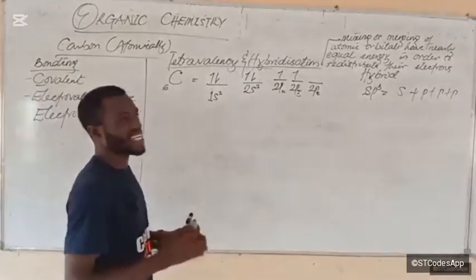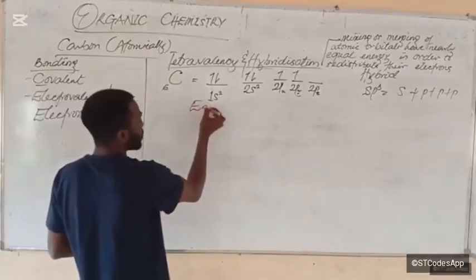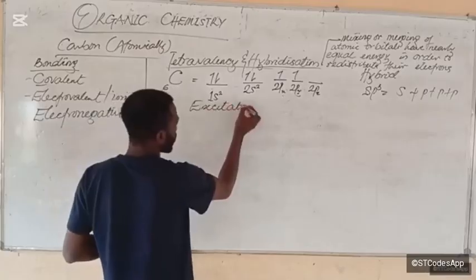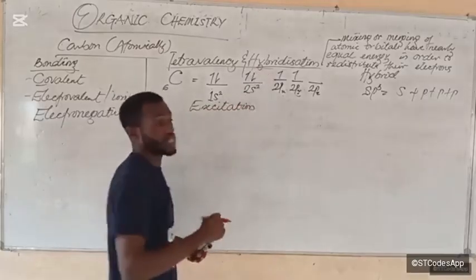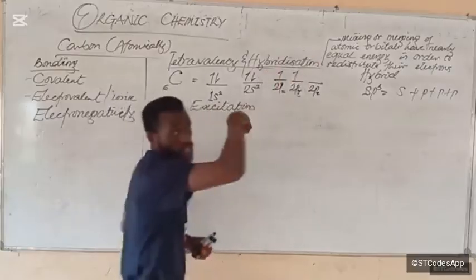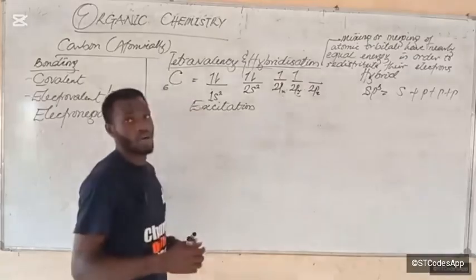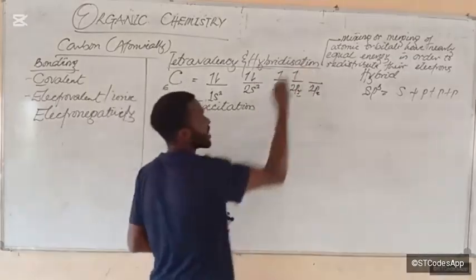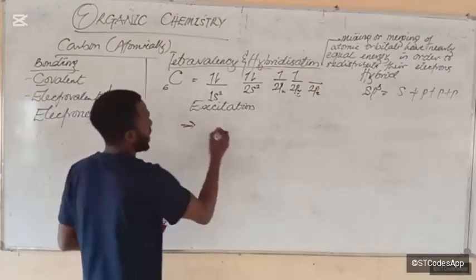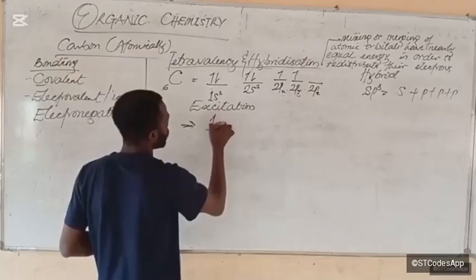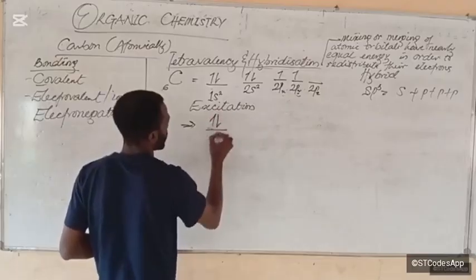What it does is that it first gets excited, so it undergoes excitation. During that excitation state, one of these electrons here is going to be promoted to this 2pz orbital. So on promotion of this electron to the 2pz orbital, we are going to have a new configuration, and it becomes 1s2,